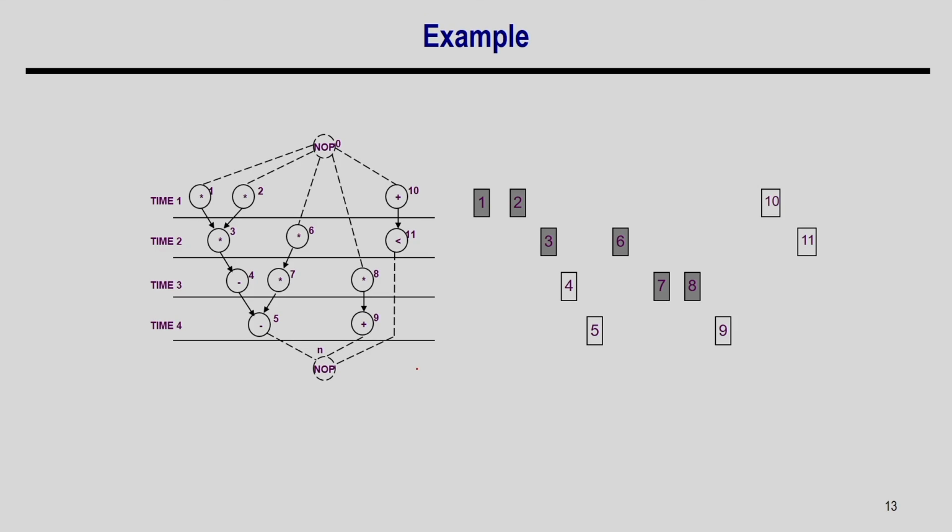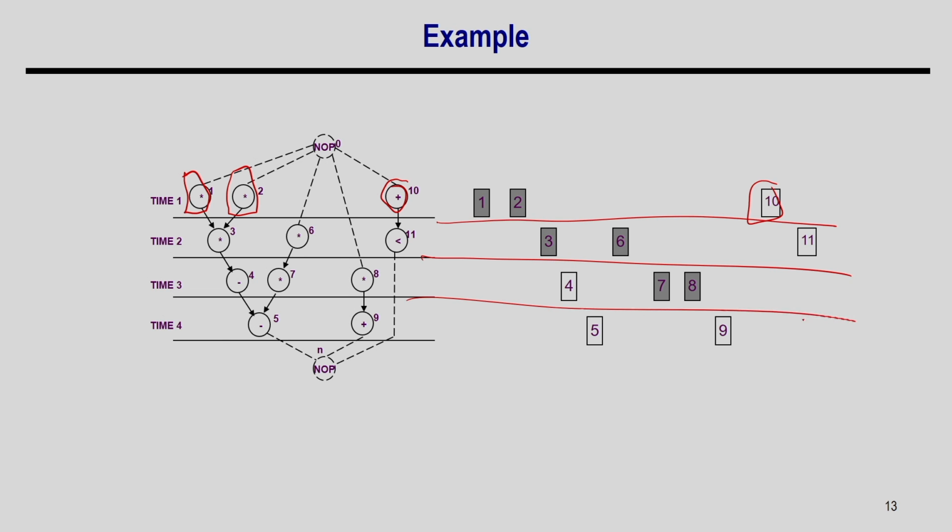But before that, I will show you what the interval graph looks like for a basic block. If you consider these are the operations happening in one basic block, where there is no control flow and no loop, it is a sequence of operations, and this is the corresponding schedule that I have obtained from scheduling. Wherever the operation is scheduled, that is the interval. So, this is the interval of operations 1 and 2, this is the interval of operation 10 and so on.